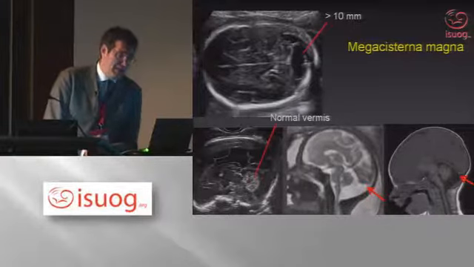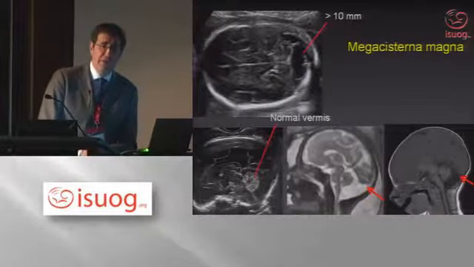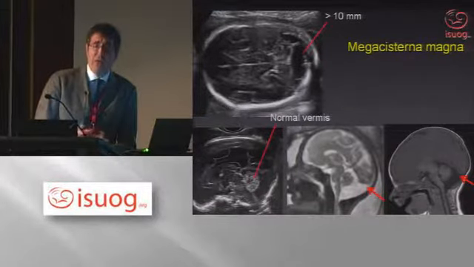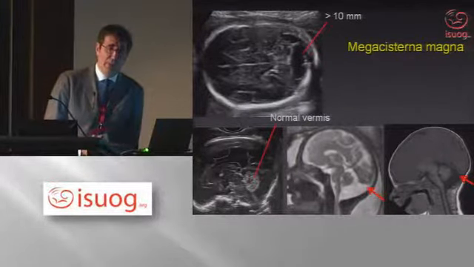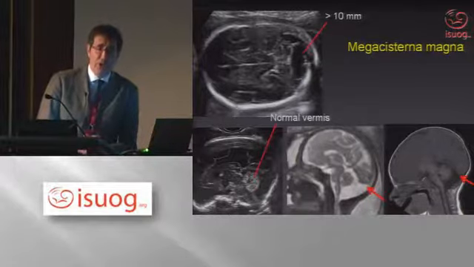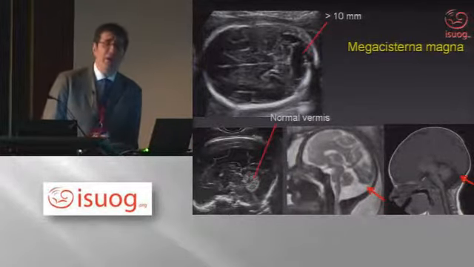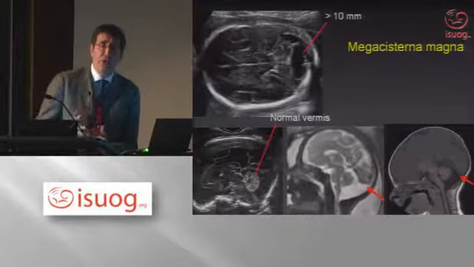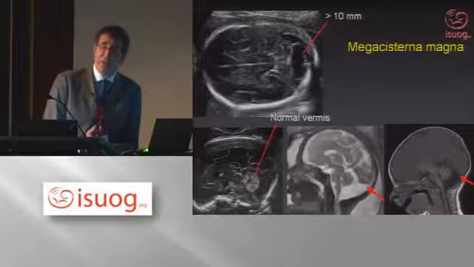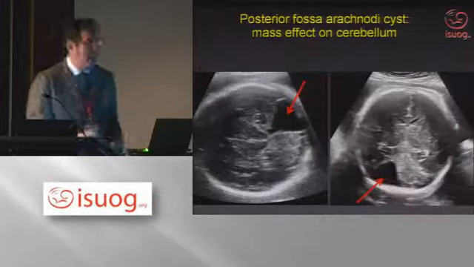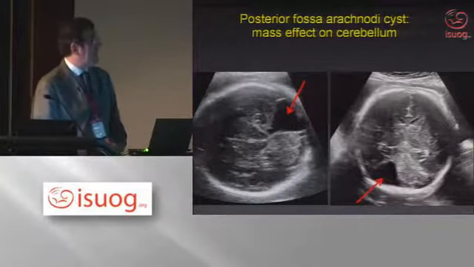In fact, it has been found that the majority of fetuses, the vast majority of fetuses that have an isolated megacisterna magna do not have any problem at all. There is an issue whether this is associated with chromosomal aberration or not, but it seems that the only chromosomal aberration that is really found in this case is trisomy 18. So usually there are other malformations that you can detect with ultrasound. The main differential diagnosis of the megacisterna magna,